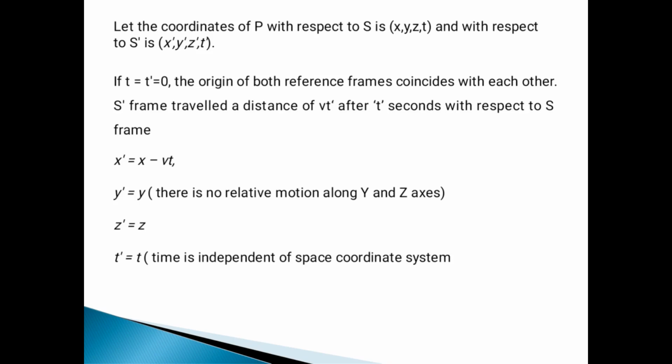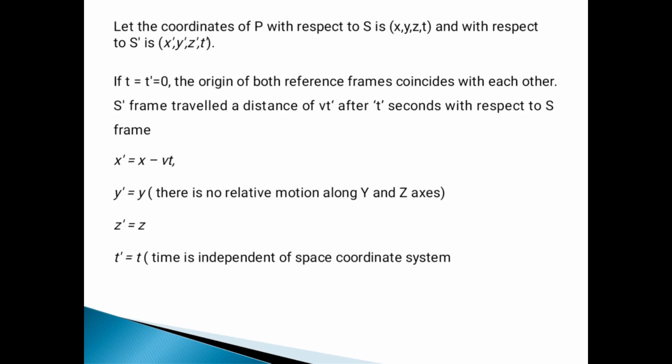Suppose some event occurs at the point P. The observer in frame S determines the position of the event by the coordinates x, y, z and t. The observer in frame S prime determines the position of the event by the coordinates x prime, y prime, z